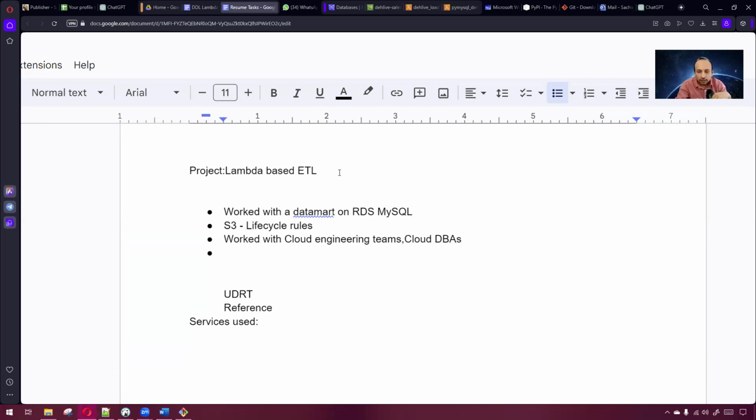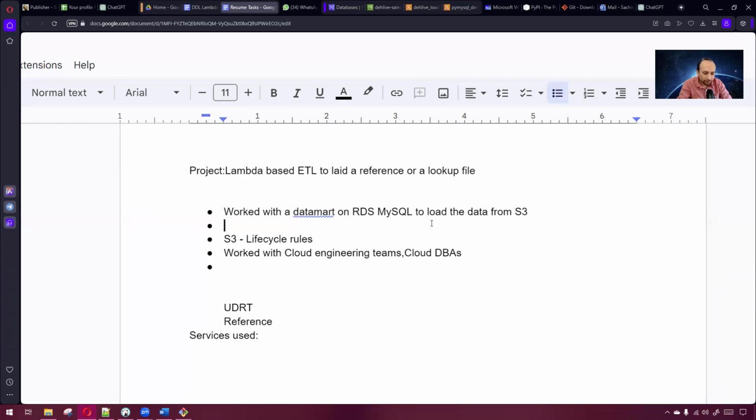Okay, so let's not just try to do hands-on only. Let's also try to digest at a higher level what we've done so far. We're working on a Lambda-based ETL now to load a, let's say, reference or lookup file. So what have we done so far? We have worked with the data mart on RDS MySQL to load the data from S3. And who sent the data to S3? The data was sent into S3 by a source application team